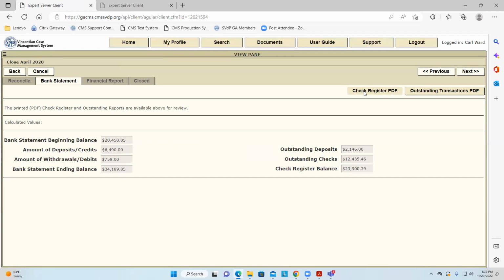You can print your PDF if you want, your check register, your outstanding report. Most treasurers do not. They wait until the published reports, and then those are the ones that they send up the chain. They don't really print at this time, but you can if you want to. You just keep moving through.